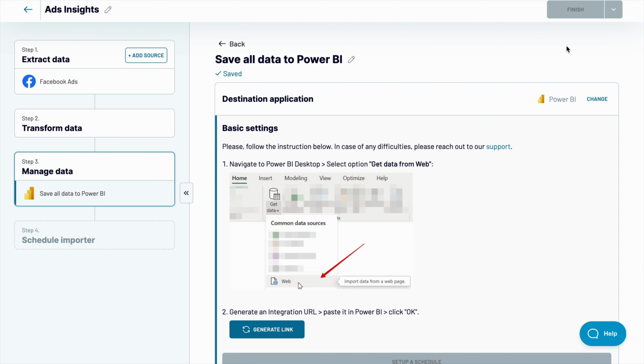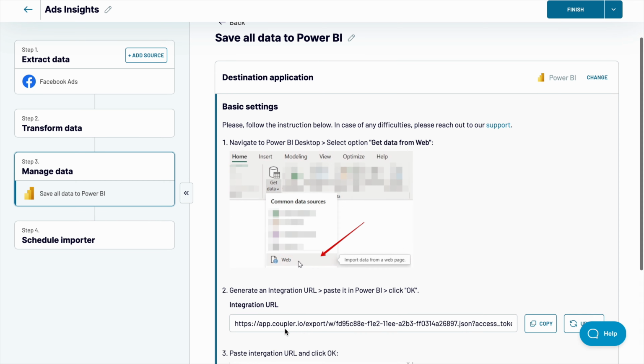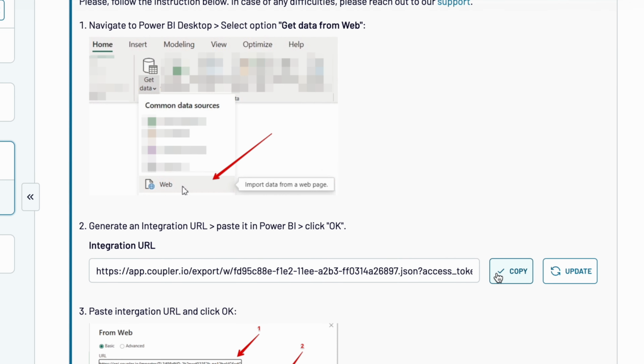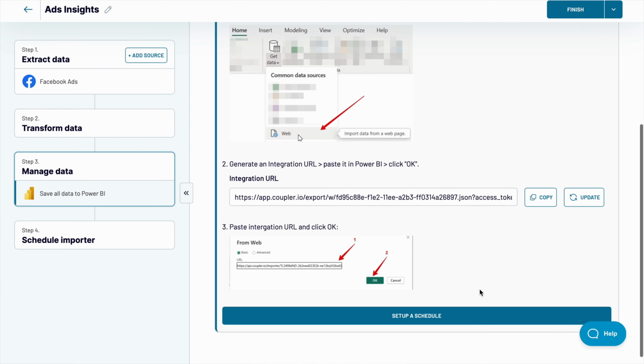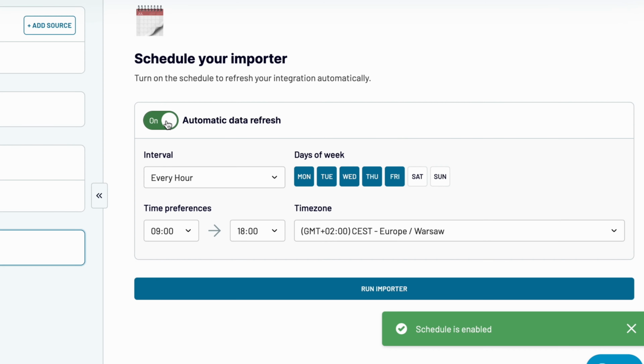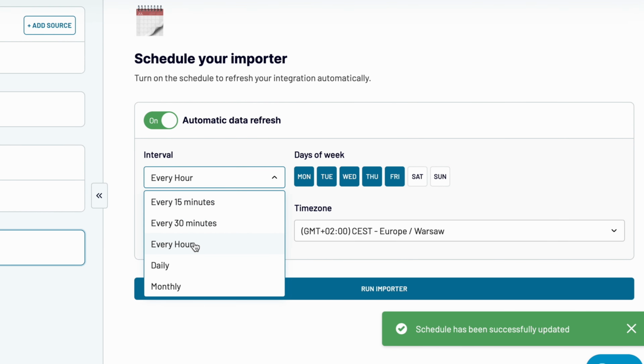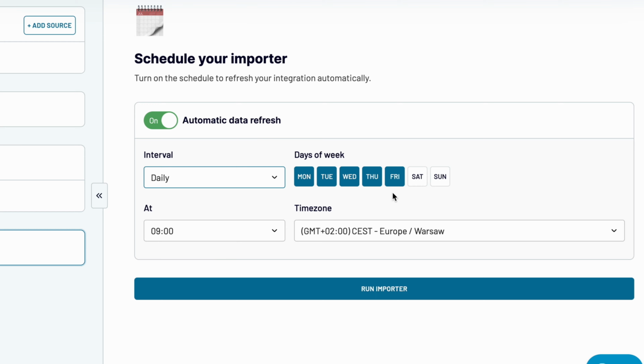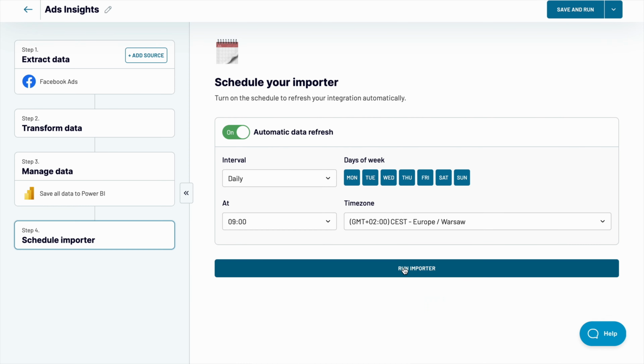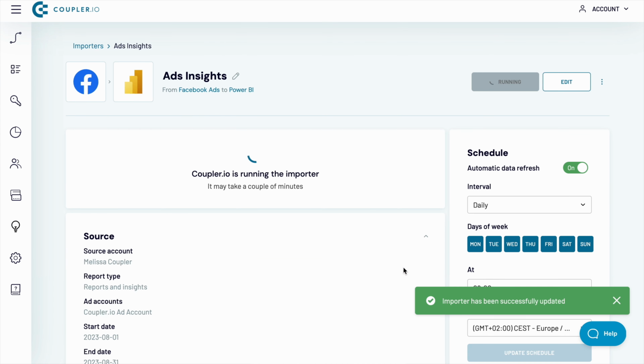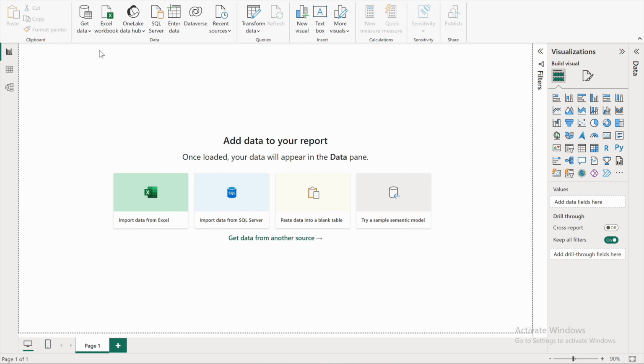In the final stage, you'll set up a data destination for this Facebook ads to Power BI integration. Copy the integration URL. Enable also a schedule to automatically refresh your data. I'll opt for a daily refresh, 7 days a week. Finally, run the importer. Let's jump to Power BI Desktop now.